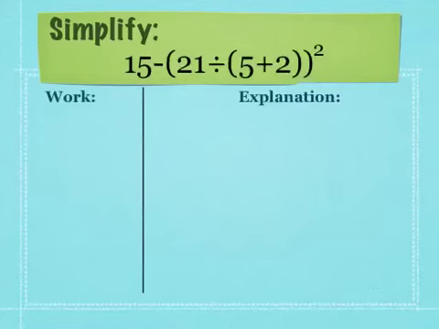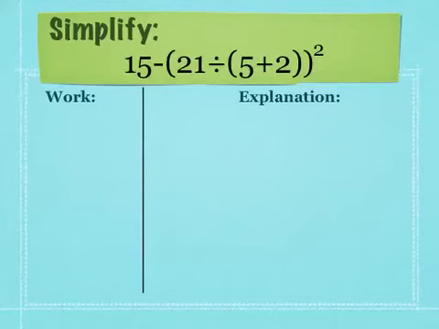The last example, we have 15 minus, in parentheses, 21 divided by. Notice we have another parenthesis, 5 plus 2, and then we closed both parentheses, and that whole thing is squared. When we have parentheses inside of parentheses, what we're going to have to do is look at the outermost parenthesis and use the order of operations for